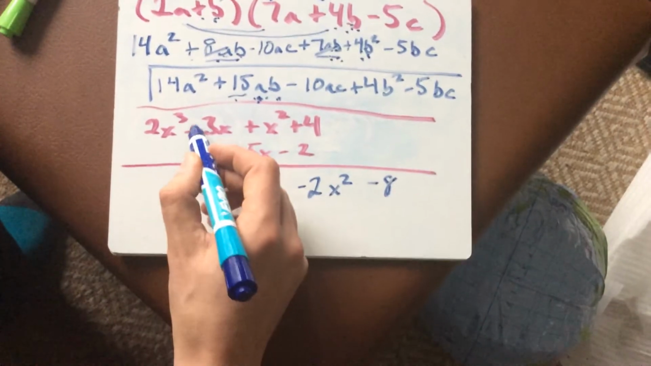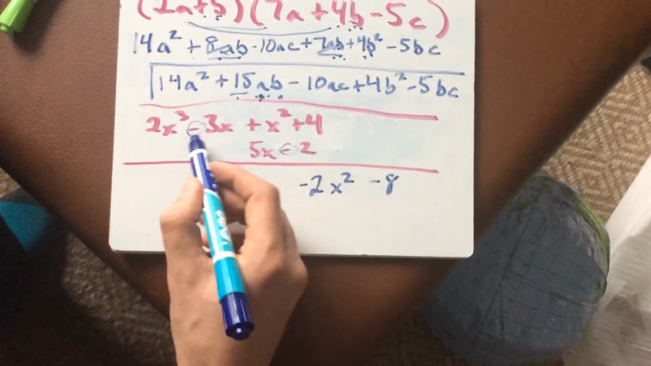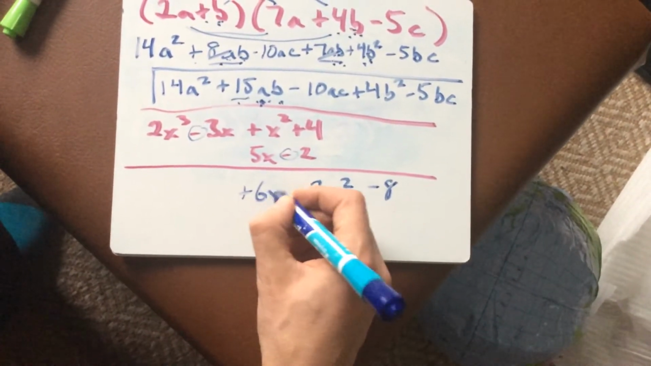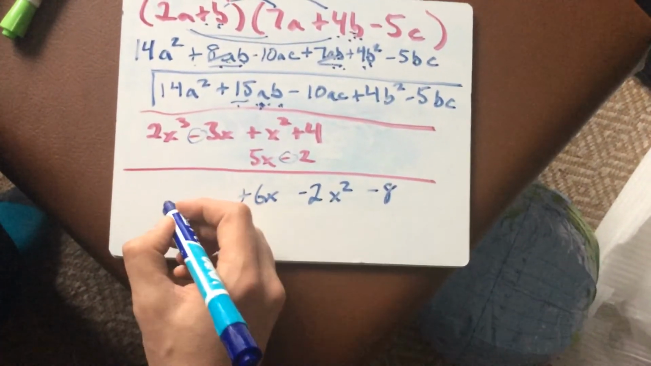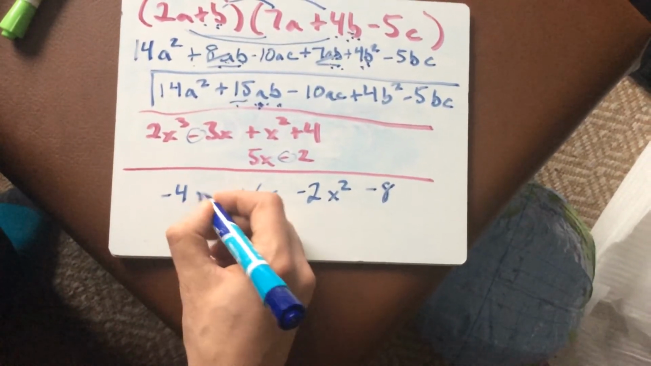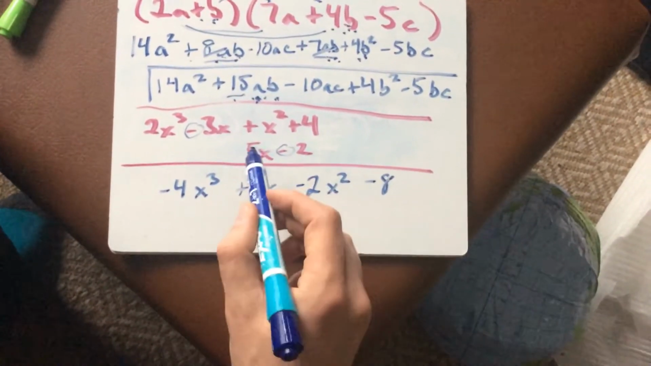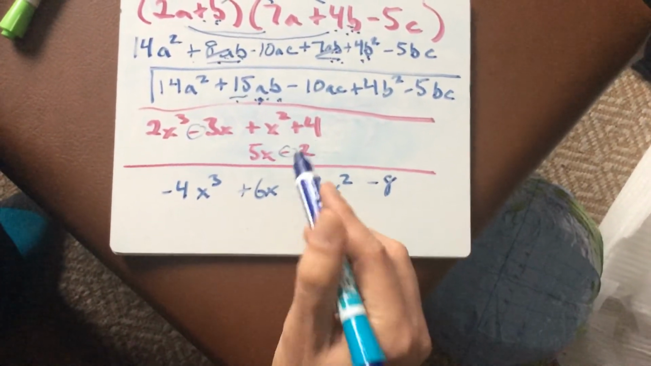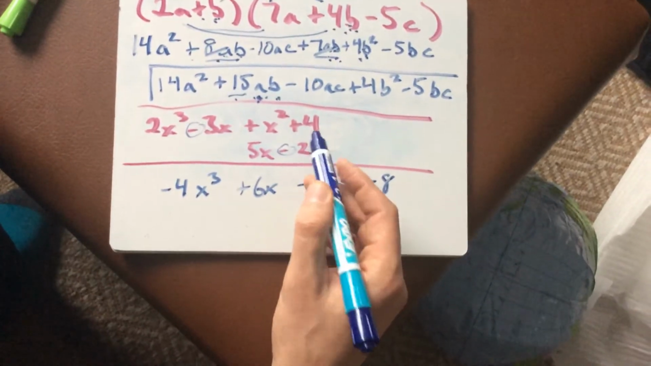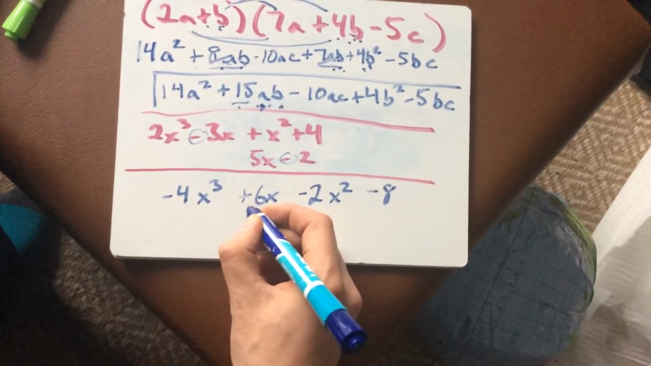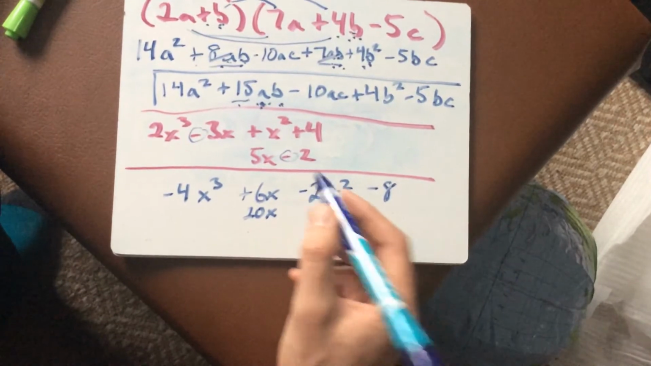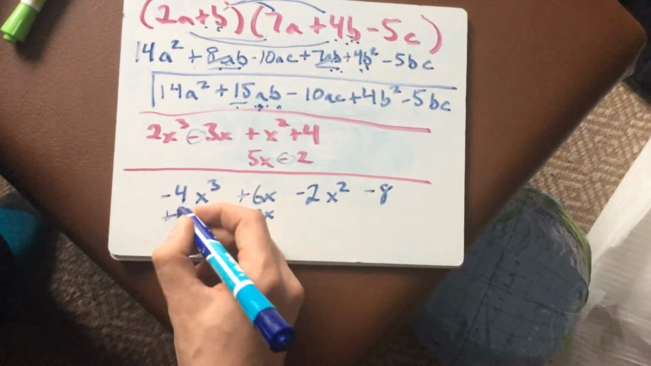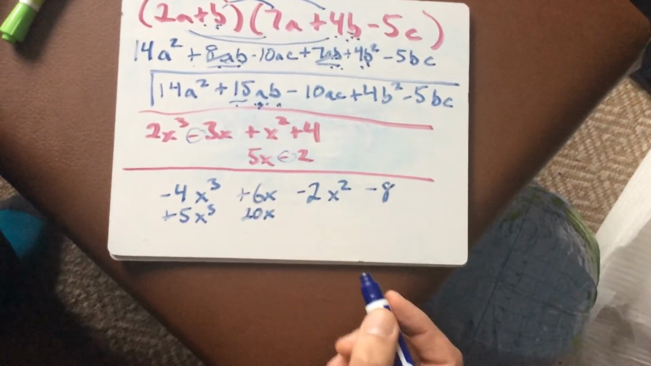Negative 2 times negative 3x. Again, pay attention to these signs. Negative 3x and negative 2 is positive 6x. Then negative 2 times 2x cubed is negative 4x cubed. Now remember, when I multiply 5x by each one of these, I want to place them under their like terms. So 5x times 4 is 20x, so I'm going to put that under 6x since they both only have one x. 5x times x squared is x cubed, so I'm going to put that under x cubed,